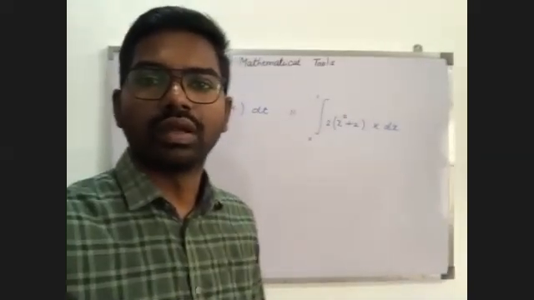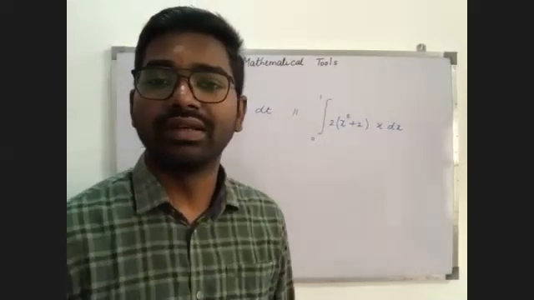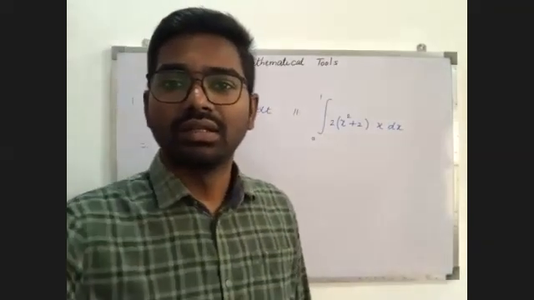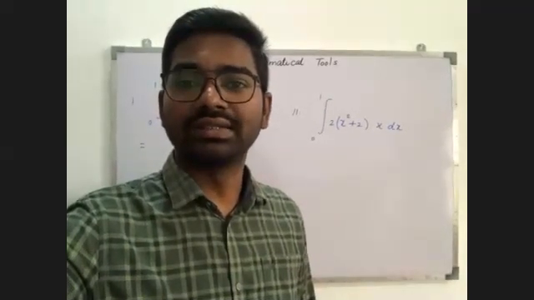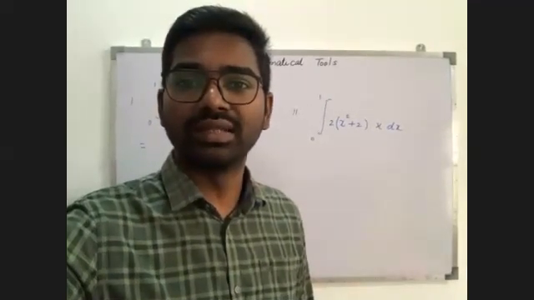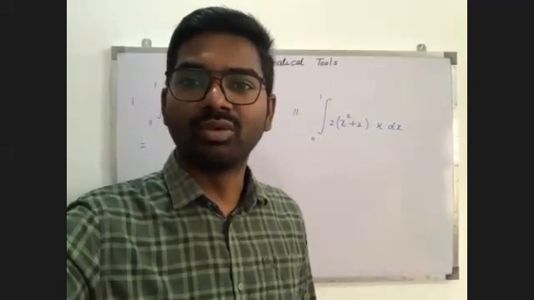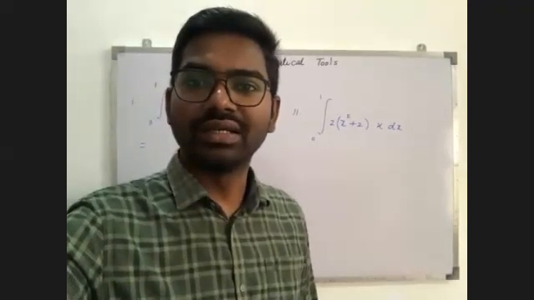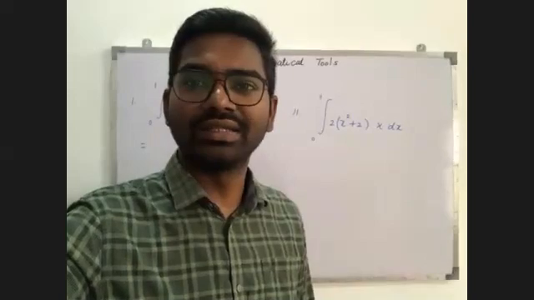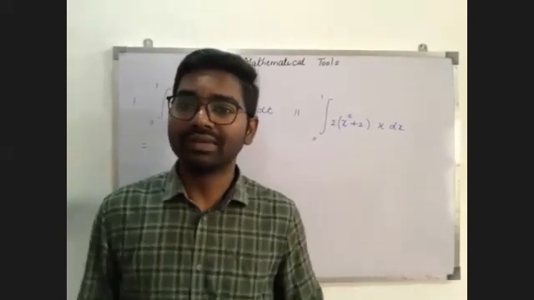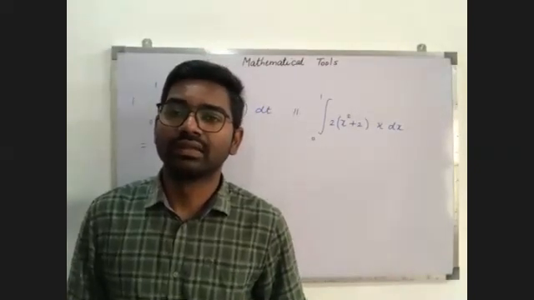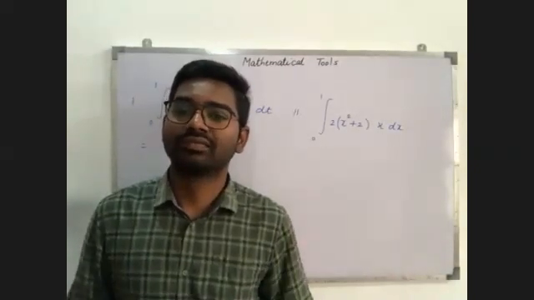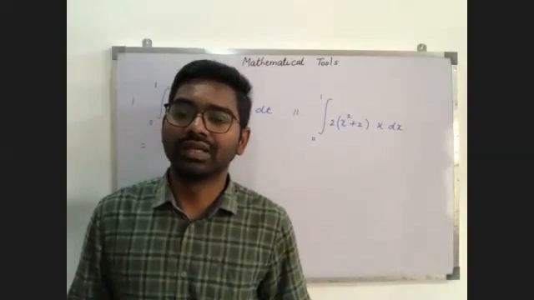Now, everyone is telling me a different answer. Listen what answers I get. 5 by 2, someone is saying 37 by 6, someone is saying minus 11 by 6, someone is saying minus 29 by 6, someone is saying minus 19 by 3. Guys, till now I got 5 answers, all the answers were different. Which one is right? Try to calculate accurately.